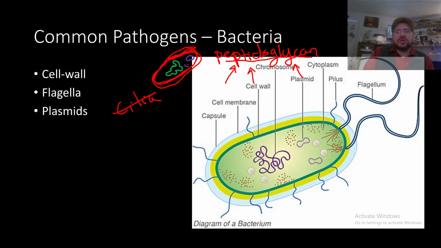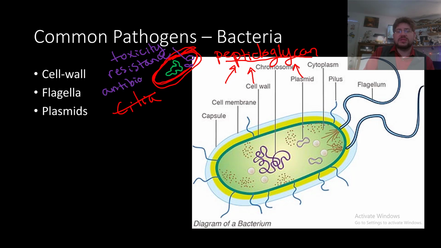They're non-genomic DNA, and it is accessory DNA. And on there you'll often find genes that produce toxicity, things that produce toxins, poisons. You can also find resistance genes on the plasmids. So resistance as in